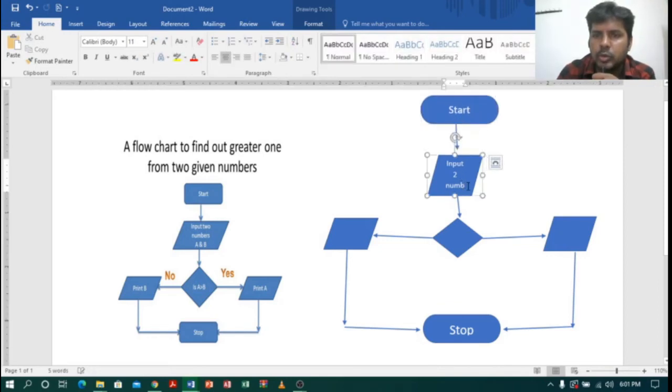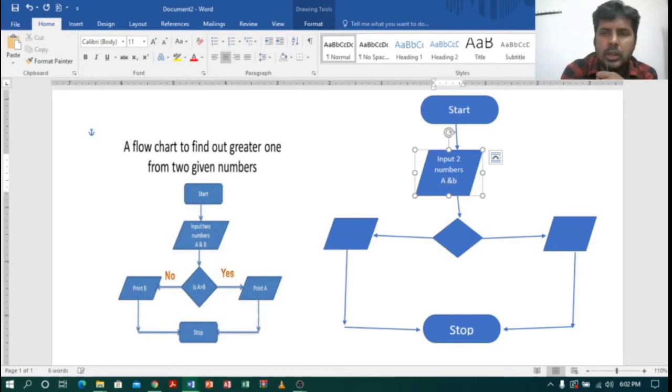Okay, so input two numbers, A and B. So when I type, you can see it's going below. Okay, so let me increase the size, so automatically you can see it on the right. Nice. So A and B. If you want capital, again A, and I will just remove the small b and type capital. Nice. So this is how we can easily make it.